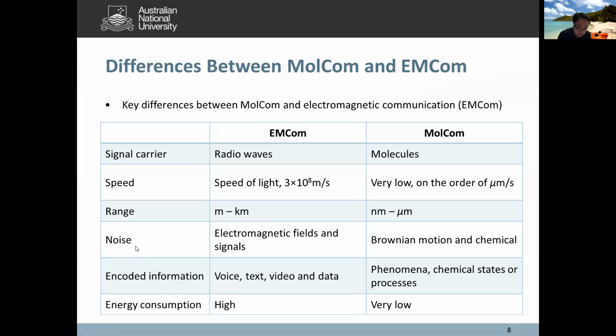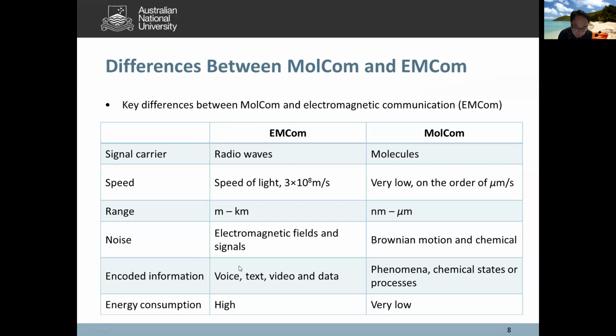And for the source of the noise, again, there is a huge difference. For wireless communication, the noise typically comes from electromagnetic fields and different kinds of signals sent by other transmitters. But for molecular communication, the noise typically comes from the Brownian motion of different types of molecules, especially the unwanted molecules, as well as the chemical reactions which may occur within the environment or at the different transmitters or